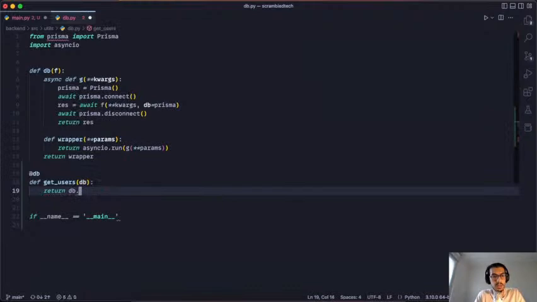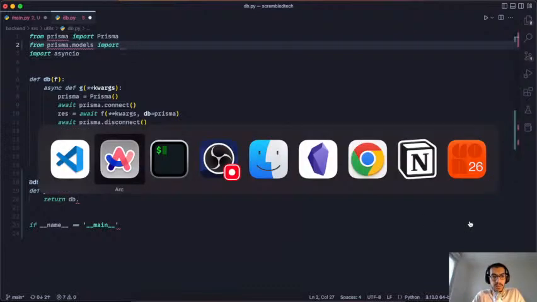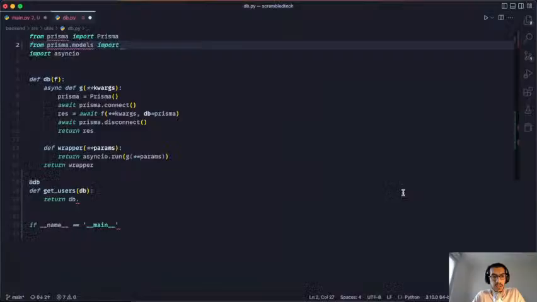Return db dot users. No, how does it work? I think it does work like that. From Prisma dot models import. Oh, I know. I think I need to do this thing where